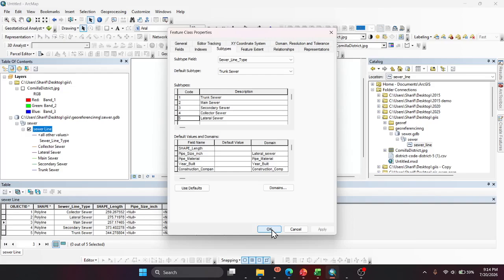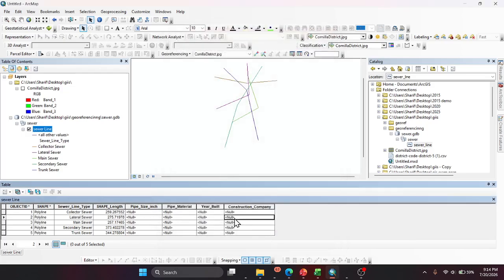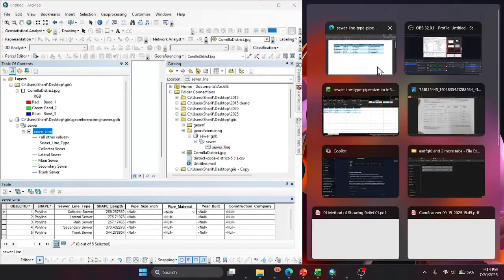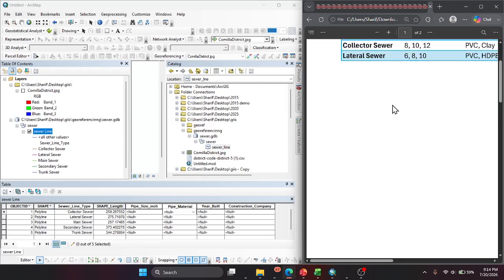Okay, and it is processing. Okay. But in this, I will not see the drop down menu all the time. And why can't I see this? Only when I start editing, then I will see this. Start edit, then I'll see all the sizes, like pipe size 8, 10, 12, and pipe material. So for this table,